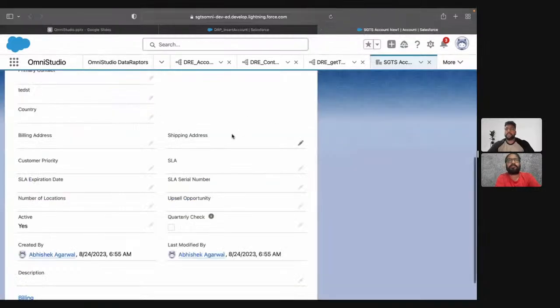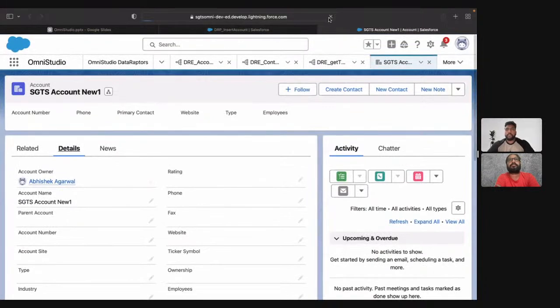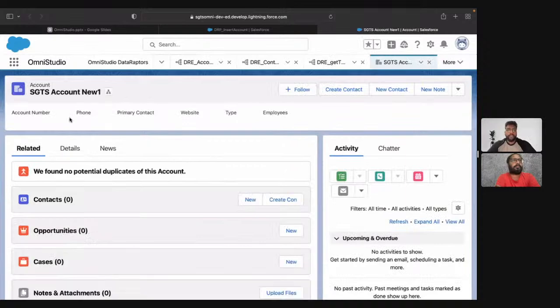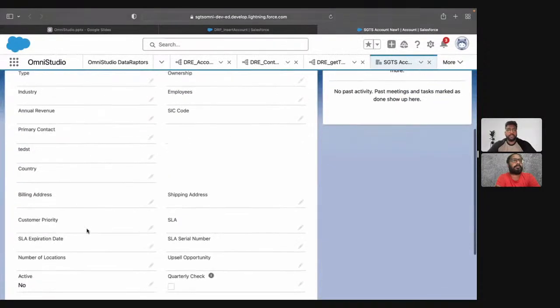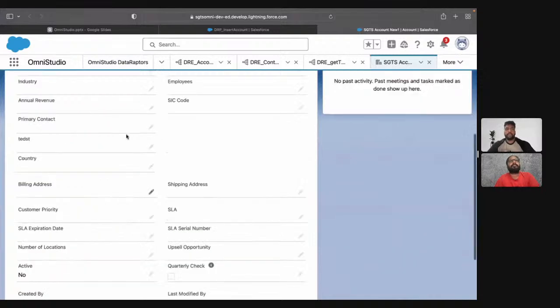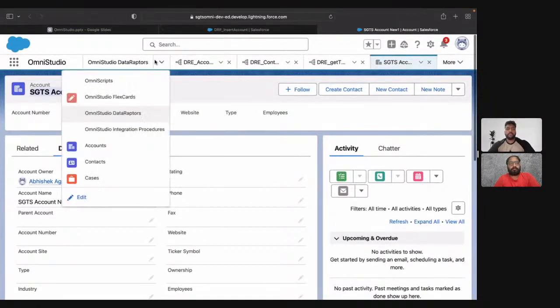I'll go to the account record which is already open, refresh this page, and go to details. As you can see, the active field is updated with the no value. And for verification, if I go to the account list view,